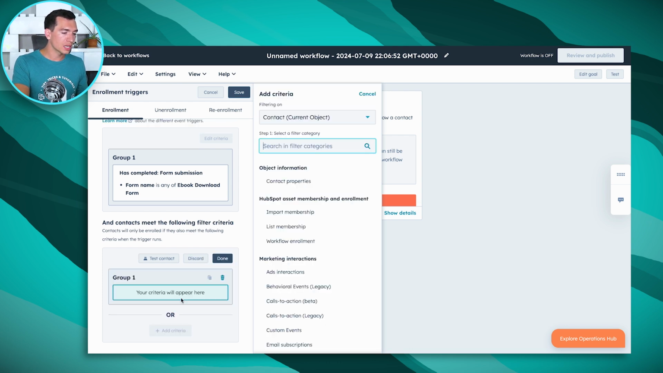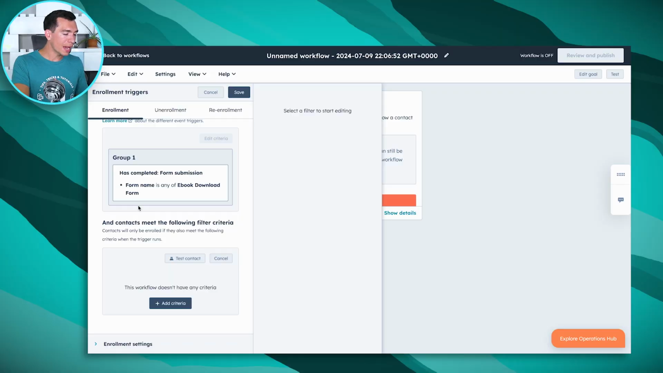We can also filter based on associated objects. This is relatively new in HubSpot workflows, being able to access data. So if this contact is associated to a company, we could filter this down based on a property that lived on that company record. So after you have this set, you're also going to want to look at these tabs